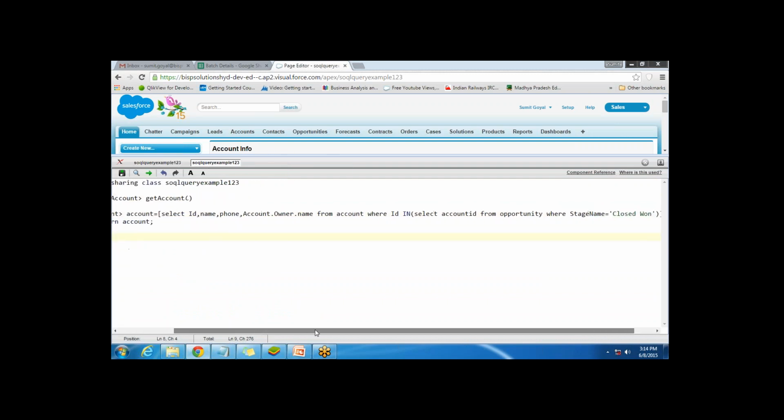So in this query, I've used a query like this. Select Id, Name, Phone, Account.Owner.Name from Account where Id in, and it's a subquery. Basically, select AccountId. I would like to pull the account ID from the opportunity object where stage name is equal to Closed Won. So it will pull all those account IDs, and then it will compare the records, and it will pull the data from the account object whose account ID is